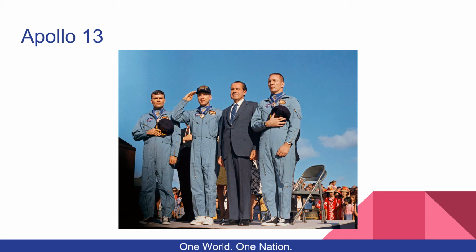They had enough oxygen, but they were concerned about power. They had to decrease their power consumption so they could have enough power to return to Earth. They decreased their power consumption by shutting off unnecessary equipment and by staying in the lunar module.